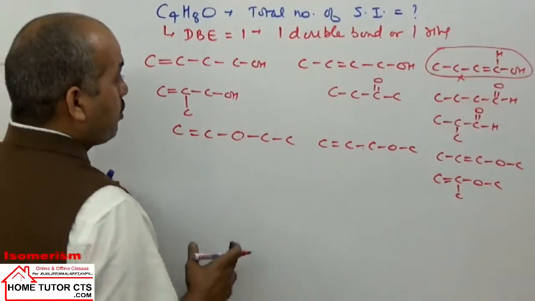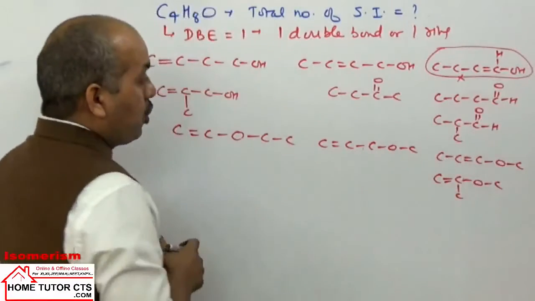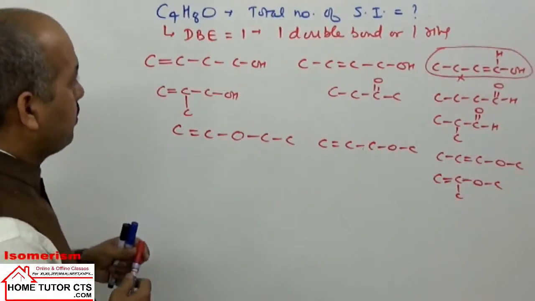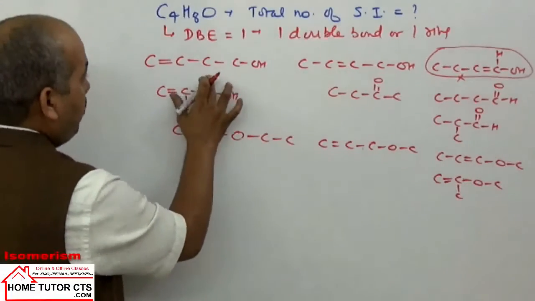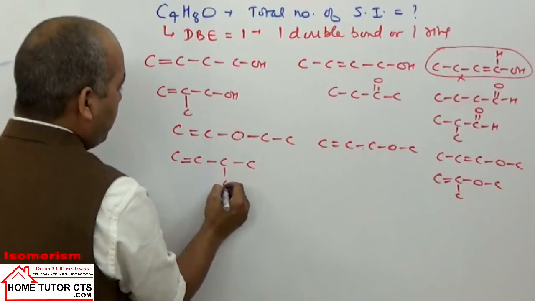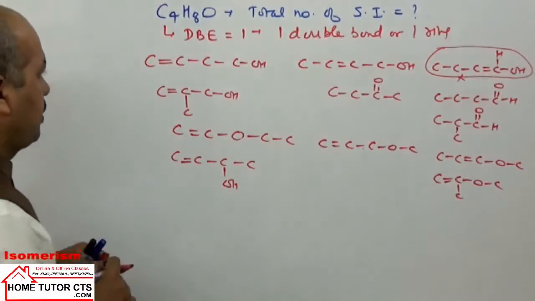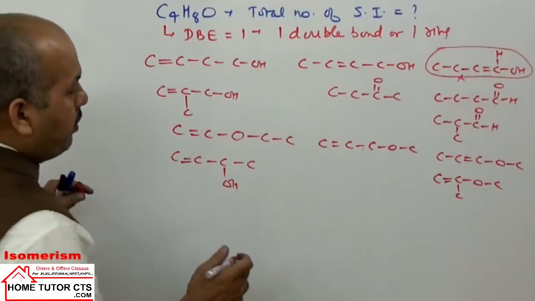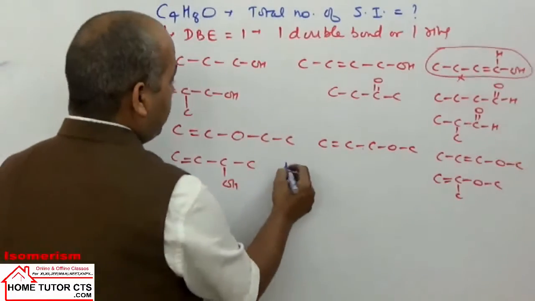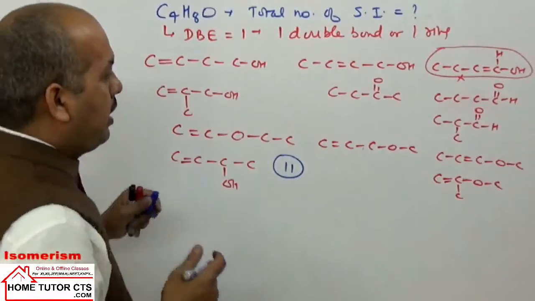So can you count how many isomers we have got till now? 1, 2, 3, 4, 5, 6, 7, 8, 9, 10. Can you think of any more possibilities in ethers or alcohols? In alcohol we can have one more possibility of different positions. If I take the position as the same, we can have one or two positions. So we have one more position here. So that makes 11 till now. We have 11 isomers, which are open chain, not cyclic.